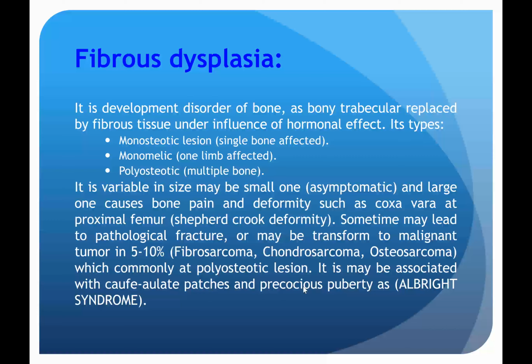So it is monostotic, monomelic, polyostotic. It is of variable size and can be small and asymptomatic, or large and cause deformity, which we call Shepherd's crook deformity. It mainly affects the long bones. It is about 5 to 10% affecting the long